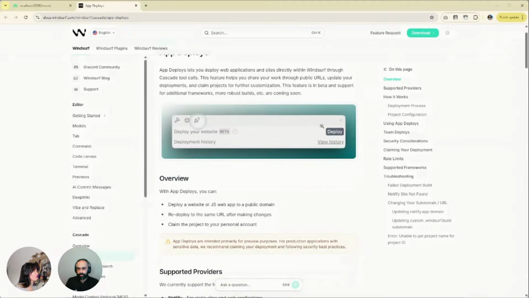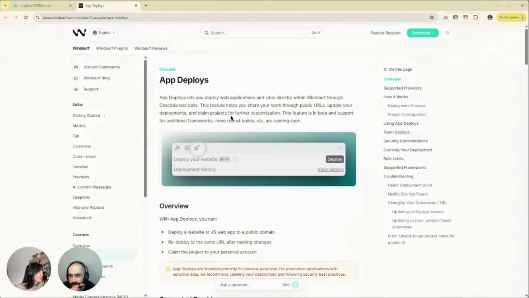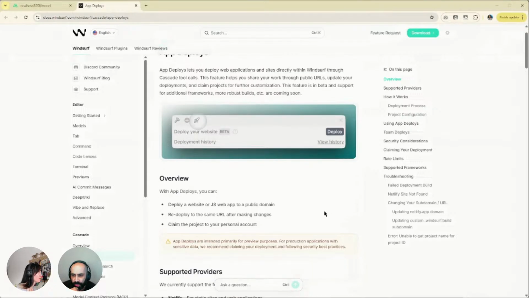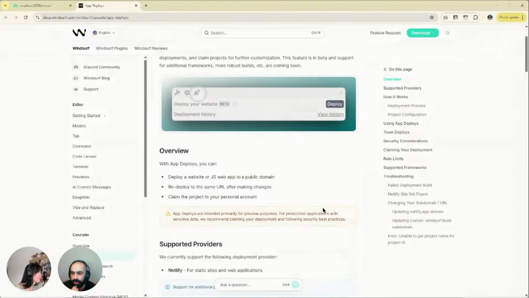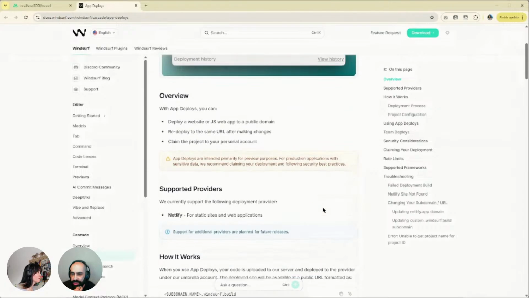Oh, okay. Yeah, it's unclear here whether supported providers, Netlify for static and web applications.